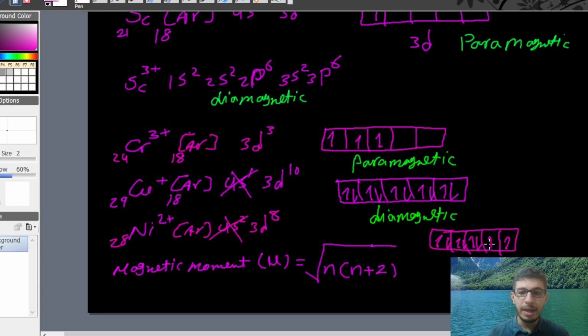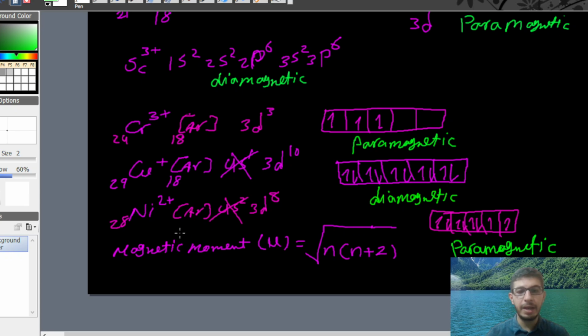Okay, how many unpaired electrons are left? You have 2 unpaired electrons left, right? So this should be paramagnetic, right? This is a paramagnetic compound, right? Okay,